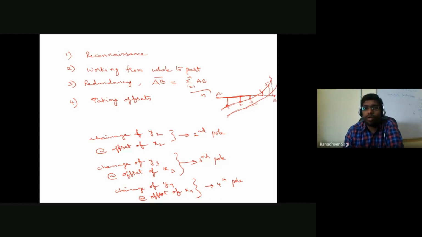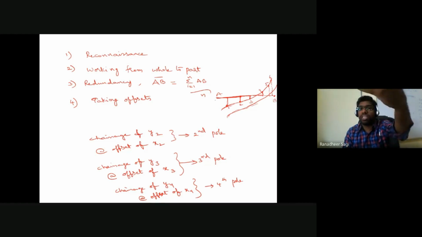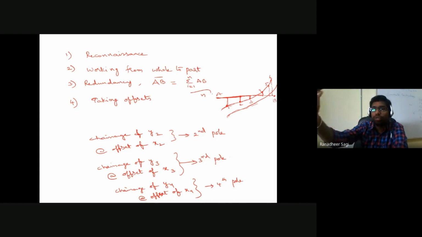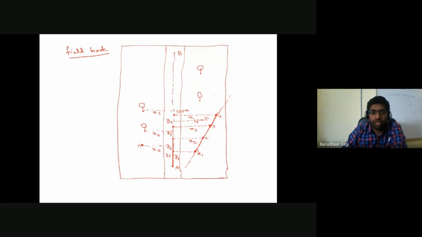So for locating the position of point 1 corresponding to your road, I travel to a chainage of so and so along line AB, and the corresponding offset distance to figure out the position of point 1 is so and so. At the chainage of so and so along the line AB, I have an offset of something to locate the position of point 2. And likewise, I do the same thing with respect to those same chainages, whatever you have measured in the field.